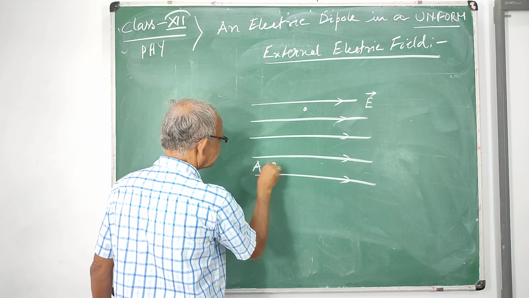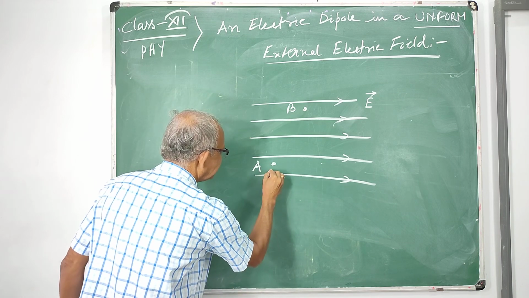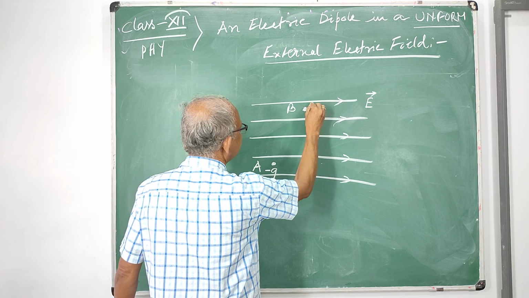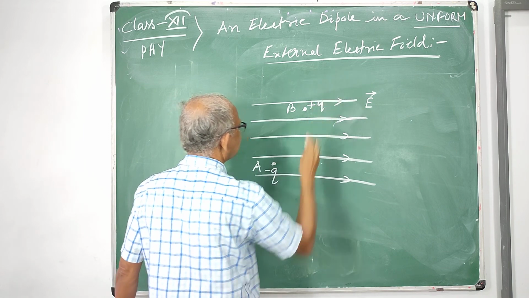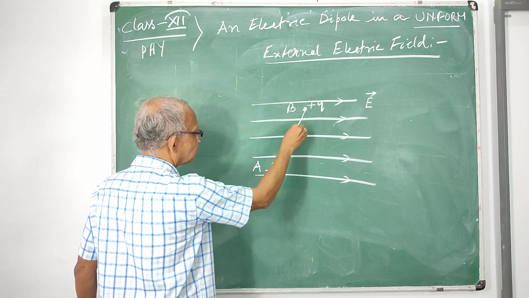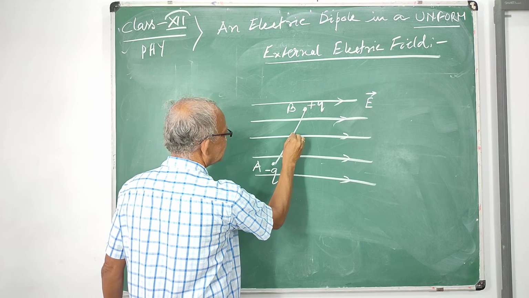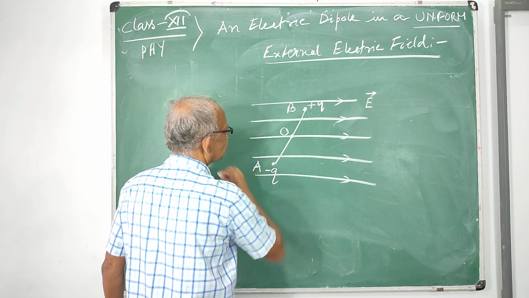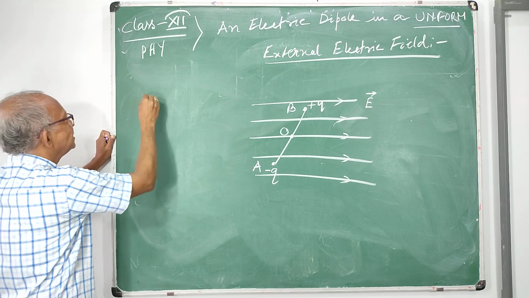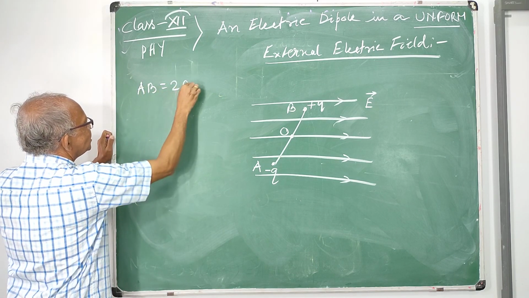AB. At A, minus Q charge, and at B, plus Q charge. So the dipole is labeled AB, and let us consider O, the center of the dipole. As we considered earlier, AB equals 2a,